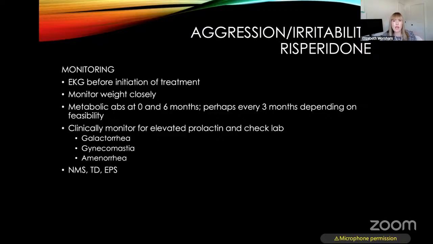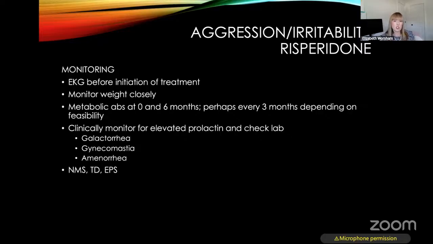Both men and women have breast tissue. It becomes more developed when women go through puberty, but milk can leak from nipples when on this medicine with elevated prolactin. It can also cause gynecomastia, meaning the breast tissue enlarges. And for women who are in puberty, it can cause amenorrhea, or even stop their periods, because the elevated prolactin can be that profound. So elevated prolactin is also something that we monitor when any person is on risperidone, not just kids, not just autism spectrum, anyone.